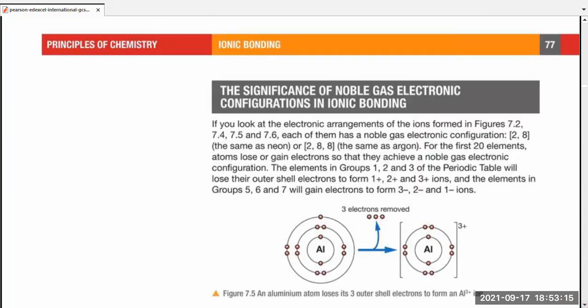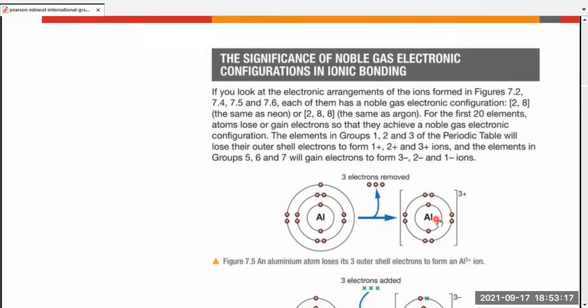Moving on, the significance of noble gas electronic configuration in ionic bonding. Now, something we need to understand is that after the loss or gain of electrons, for the first 20 elements in the periodic table, we say that they achieve the nearest noble gas configuration, either after the loss or after the gain of electrons. Now, if we consider metals, we're going to consider group 1, 2, and 3 of the